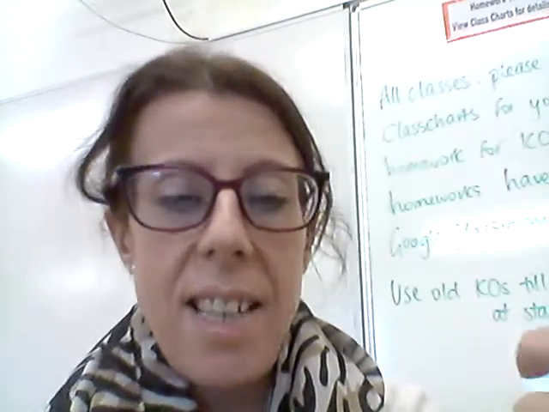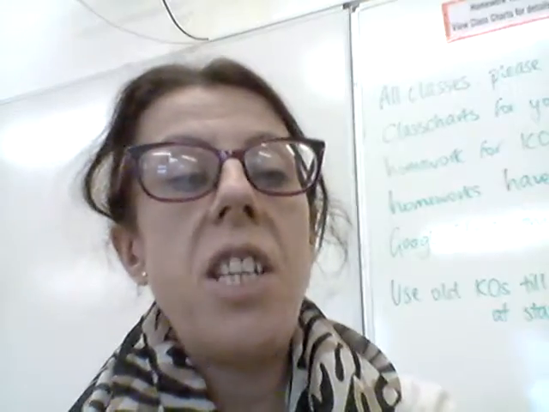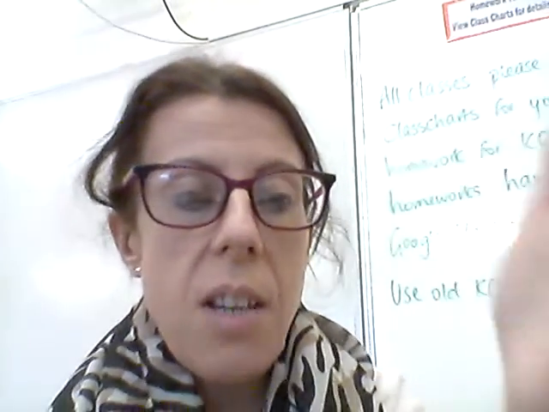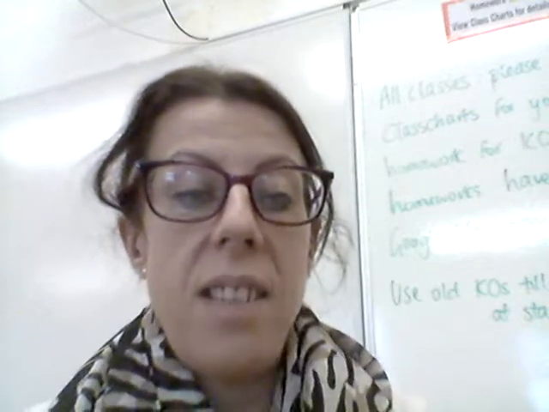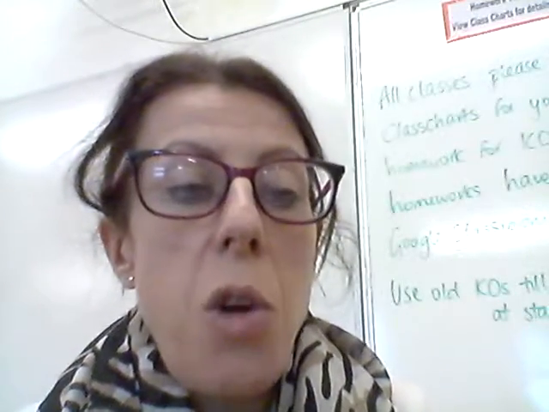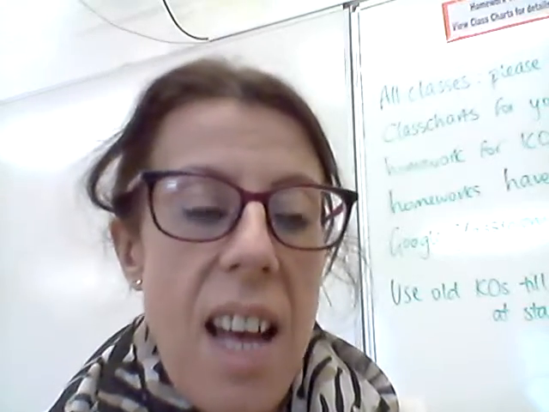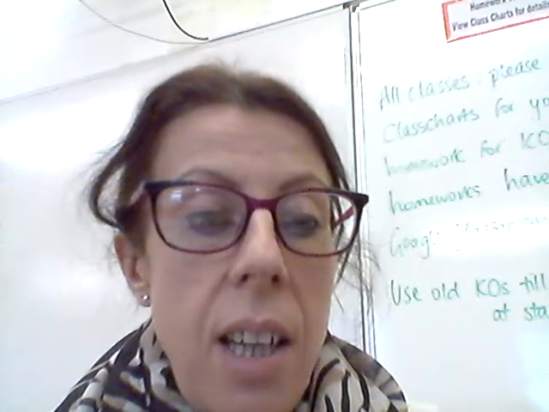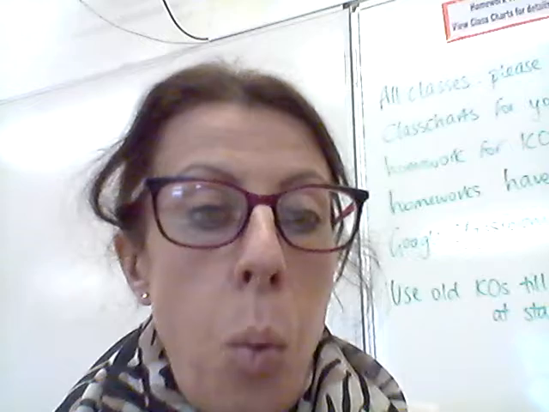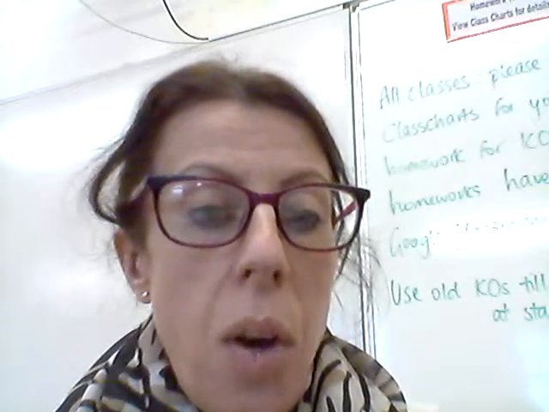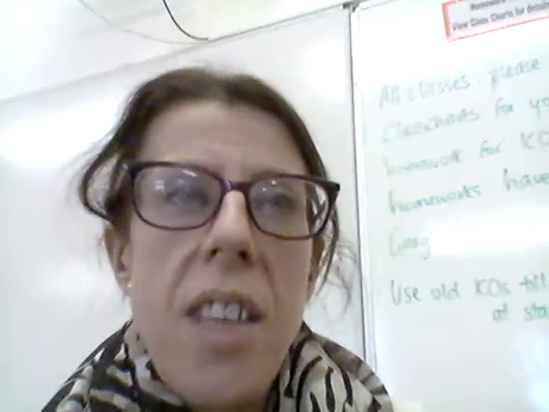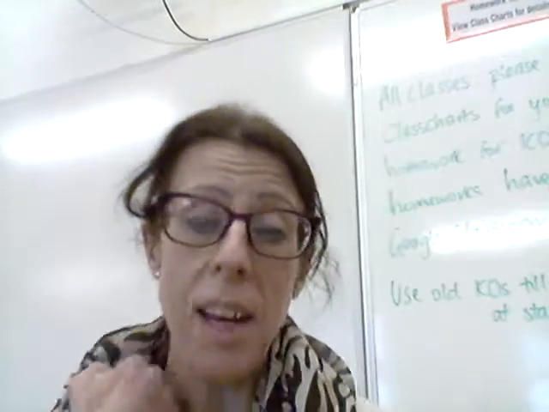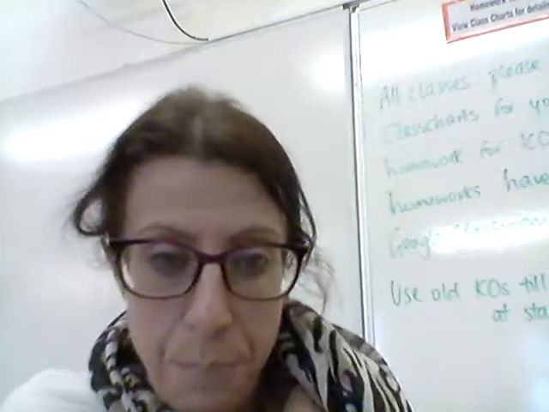So when you're creating questions, what you will be doing is using one of the red words from that left-hand side, followed by one of the green question stems at the top. So you might have a question that starts what is, what does, what did, what can, what should. These are our question stems. If you think about sentence starters, they're a little bit like sentence starters for questions.